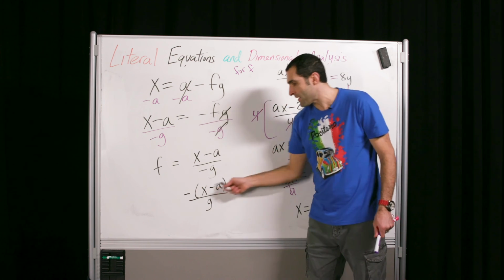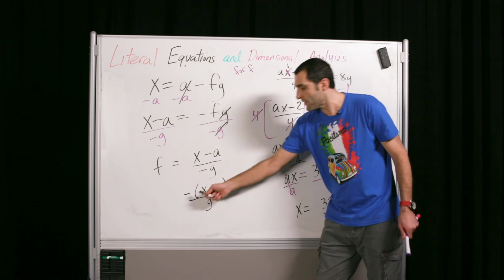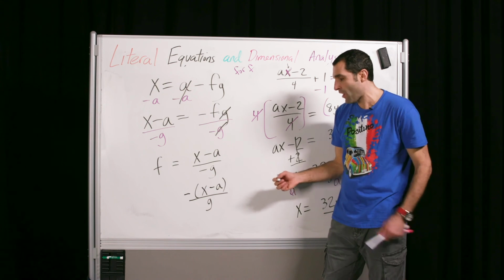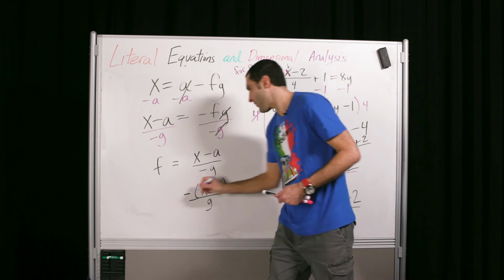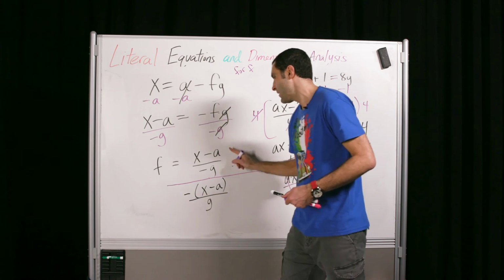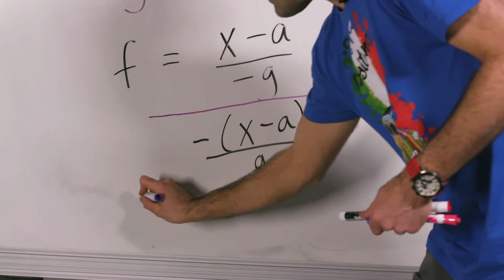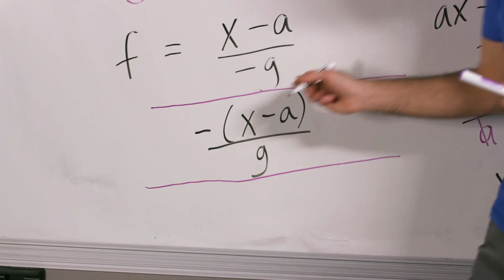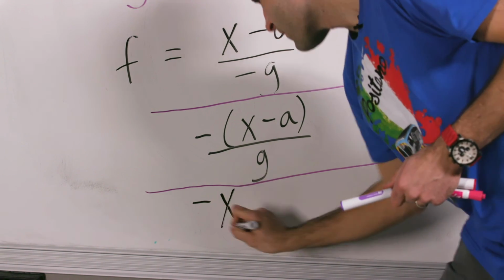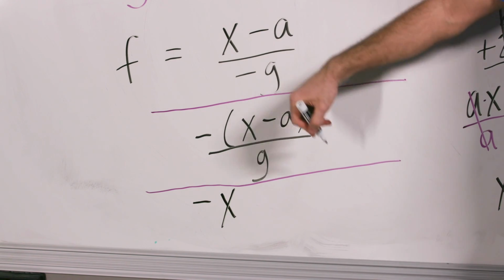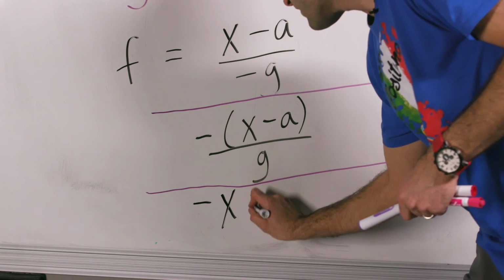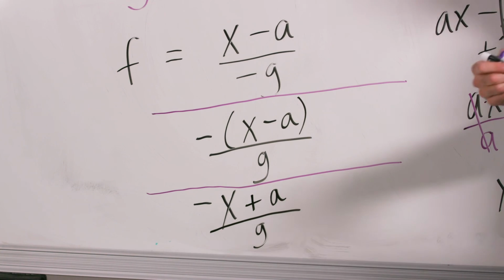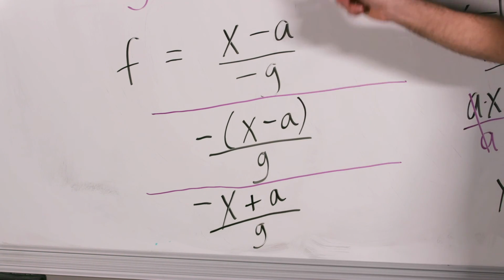And since that negative applies to the whole thing, we could leave this alone, or we could distribute the negative. We're doing it all three ways. Let's have all three set up. That's one, that's two. Distribute the neg, and negative distributed to the x is minus x. Negative distributed to minus a is negative negative a. That's plus a over g. There was a very real reason I did this, is that sometimes answers are expressed in different ways,